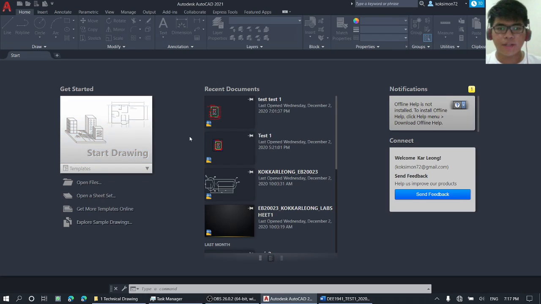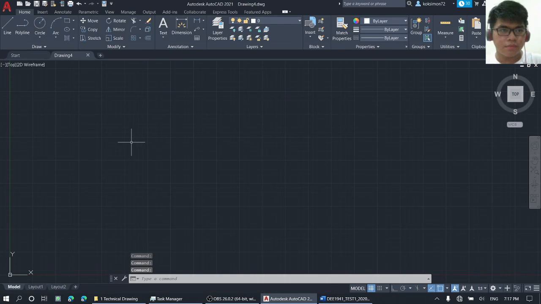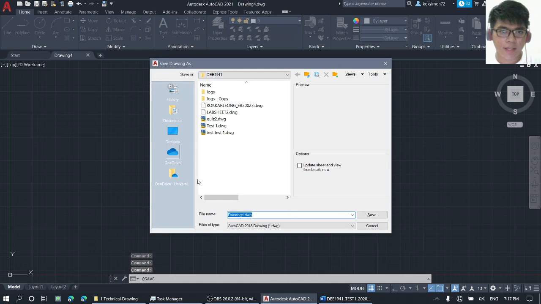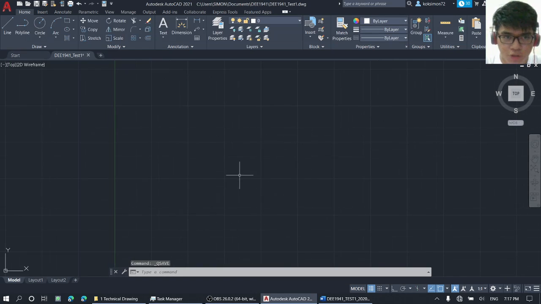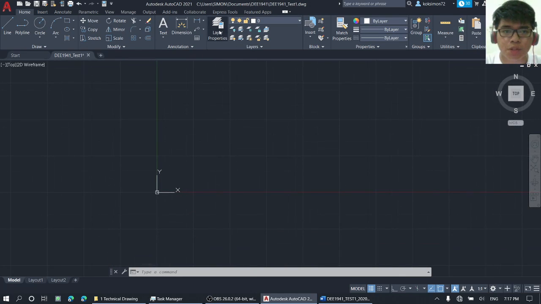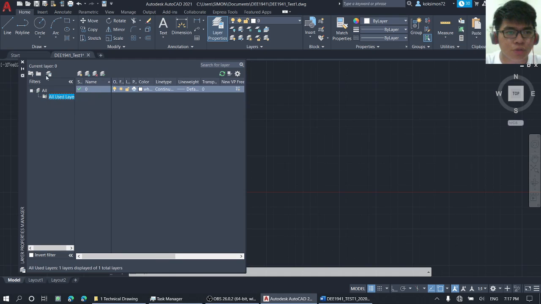Okay, start drawing. Now I am going to save my file name as DEE1941 underscore S1. Save. Alright. So now since I'm going to include both figures in this drawing, I'm going to use